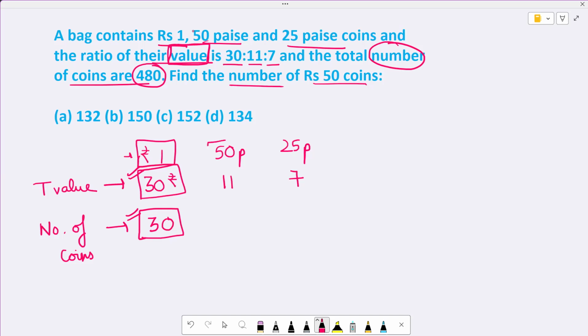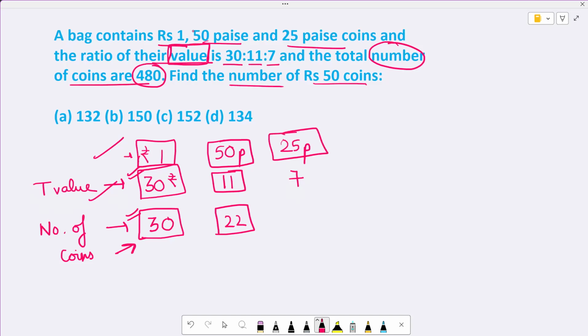Then if from 50 paise coins we need to make 11 rupees, how many coins will we need? We will need 22 coins. Right, so this we are forming by our own selves while we compare this with what is given to us. And when we have 25 paise coins, and the amount given to us is the values ratio,